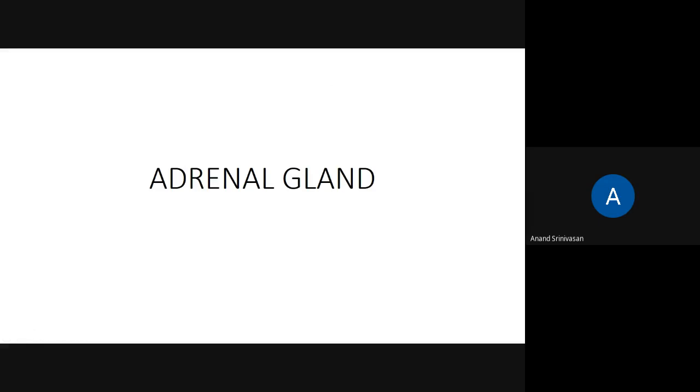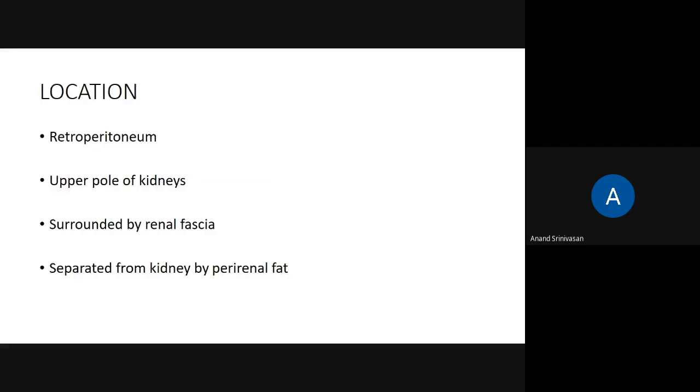The adrenal gland, you know, is also referred to as the suprarenal gland, because it is located above the kidneys, and it is a retroperitoneal structure. It's retroperitoneal because the kidneys are also retroperitoneal. So the adrenal gland, situated on top of the kidneys, is also a retroperitoneal structure located on